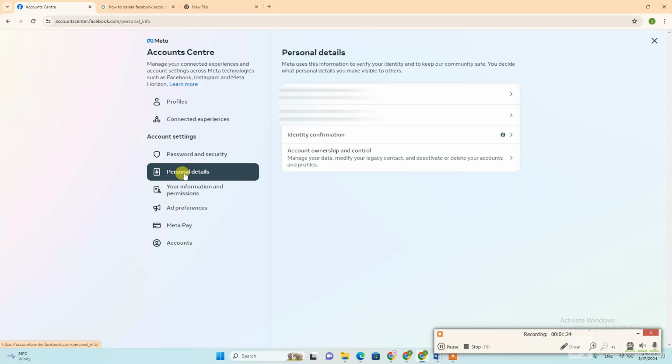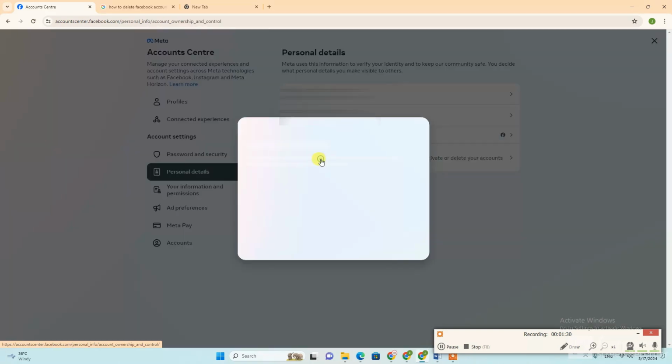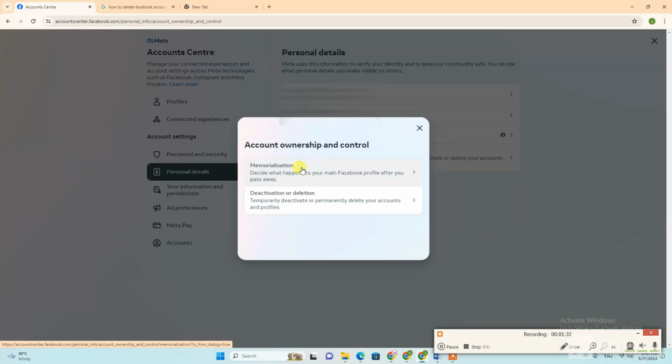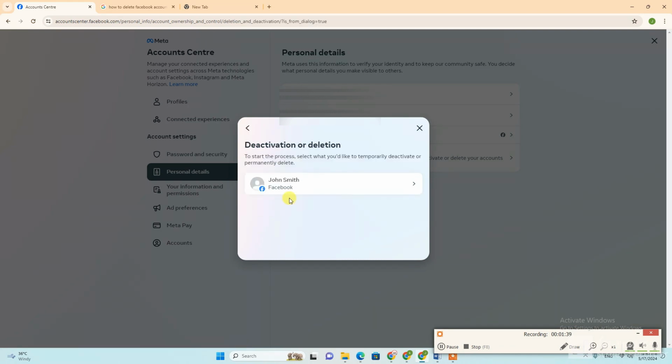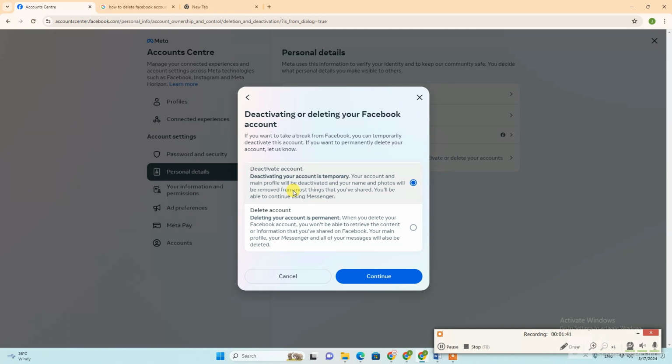We have to go here in personal details, and this is the option account ownership and control, and this is the actual option, deactivation or deletion. So here are two options: you are deactivating your account or delete account. So we're going to delete our account, so we have to click here,